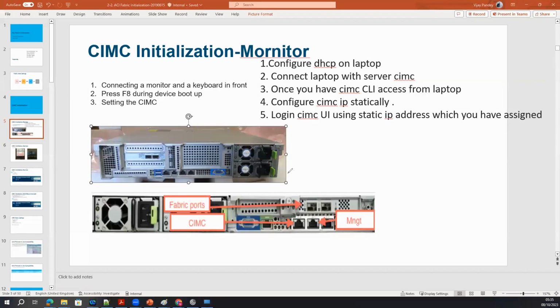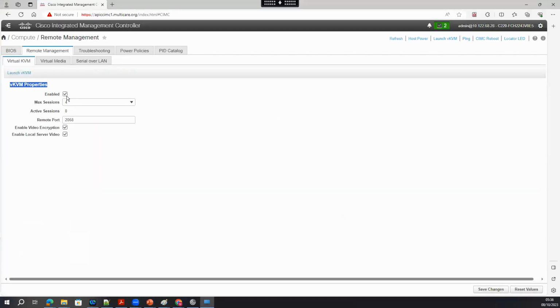If vKVM is disabled, you cannot get CLI access for configuration, and you have to connect the monitor and keyboard here. If you do not want to do that, you can use vKVM. This is the option.